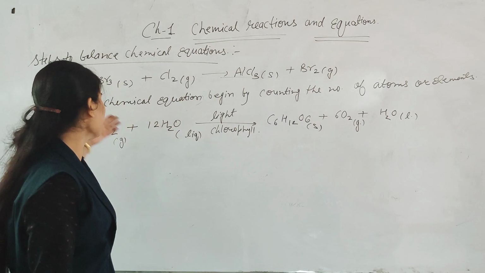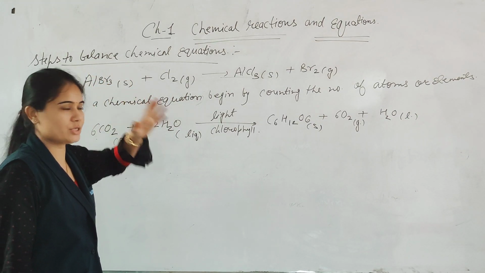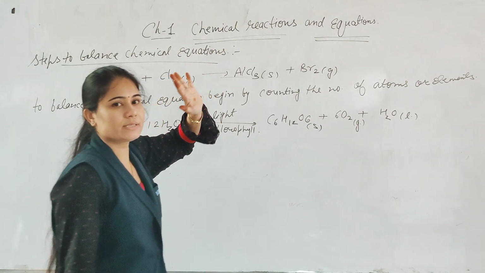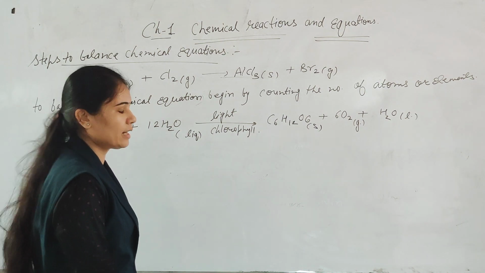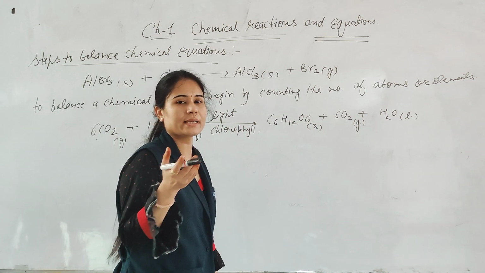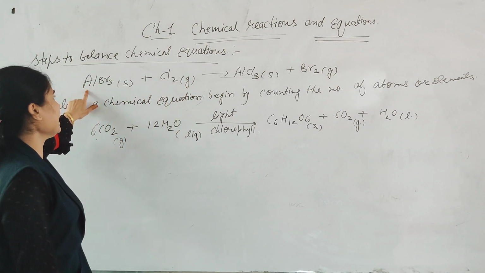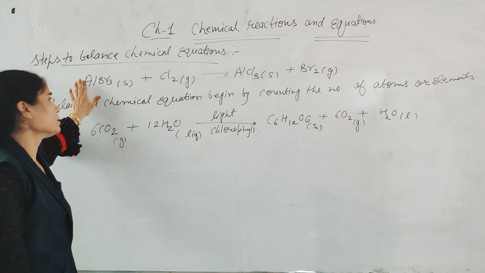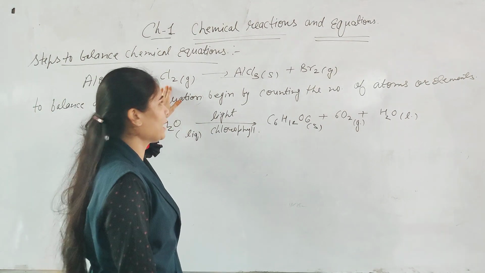Now, we will take our next topic, that is steps to balance a chemical equation. I have already told you what exactly chemical reactions or chemical equations are. That means I have already told you about the skeletal reaction. So now I am taking you through the example of AlBr3. This is a metal, aluminium. This is aluminium bromide reacting with chlorine gas and it will give